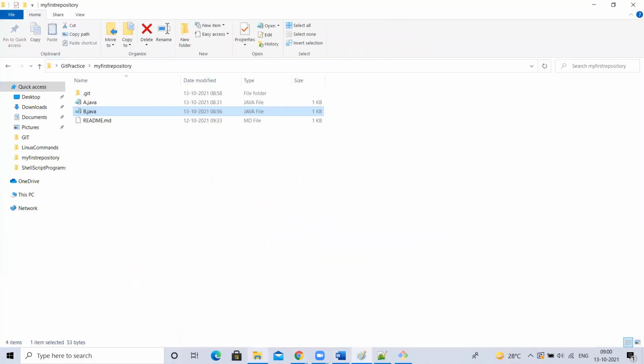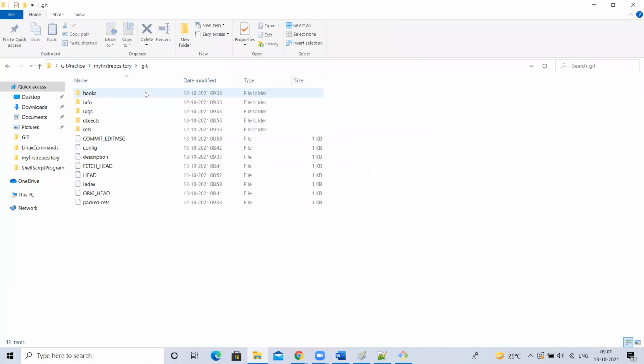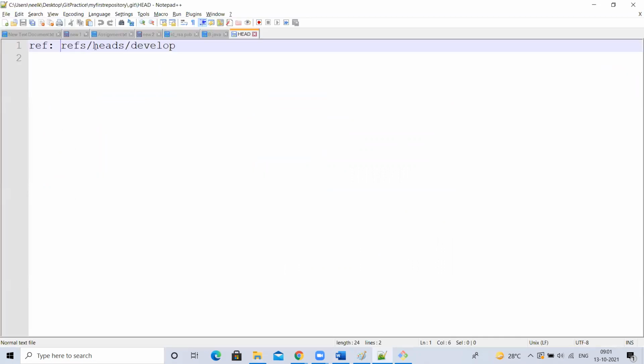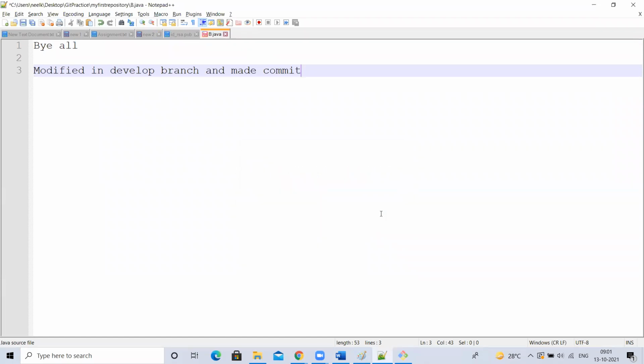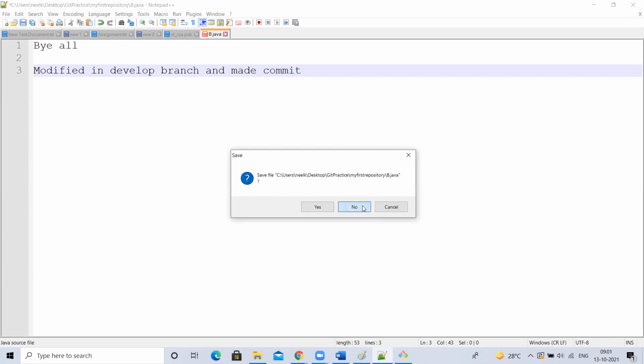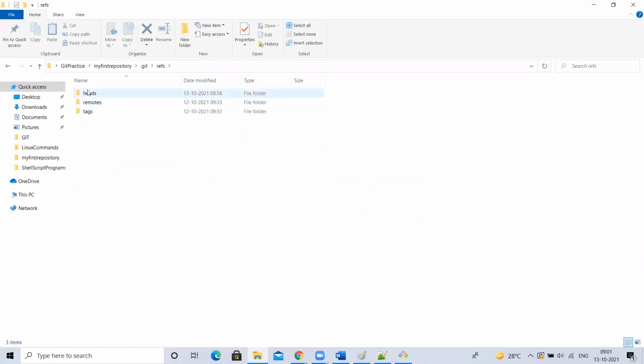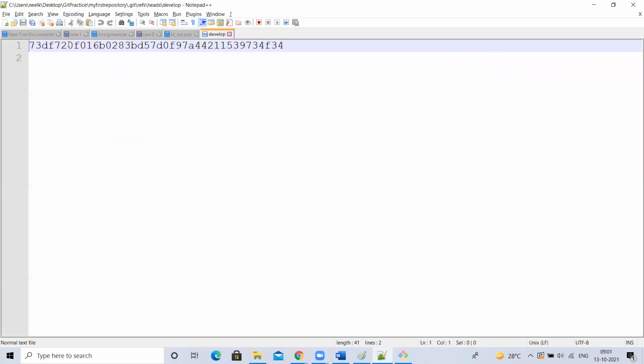For this development branch, I reverted changes. Now, if I go here into my Git, if I open my head file, see, it is showing the path. Still, it is showing. No problem. It's just a normal revert, right? Fine. It's reverted the changes. Not an issue. If I go to ref/object, heads/develop, here also it will show the latest commit ID. Not at all an issue for me.